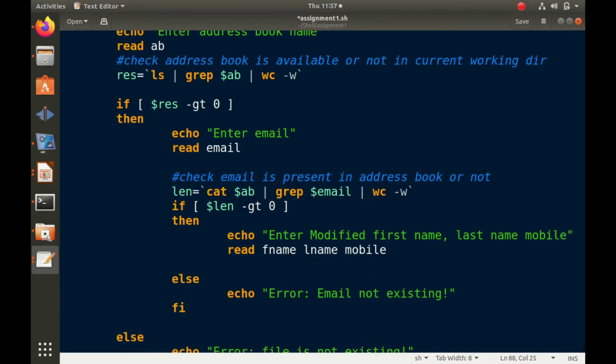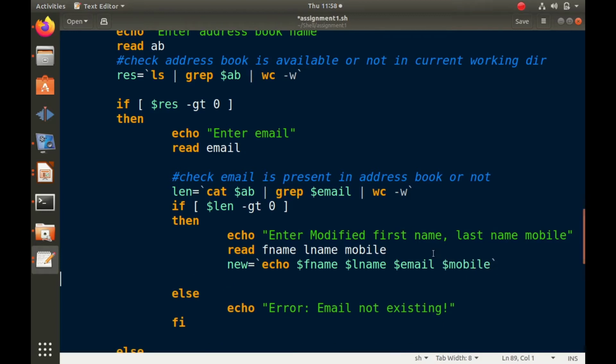Now this data we will store in some variable. Let us say this variable is new equals quotes, and echo $fname, $lname, $email and $mobile.